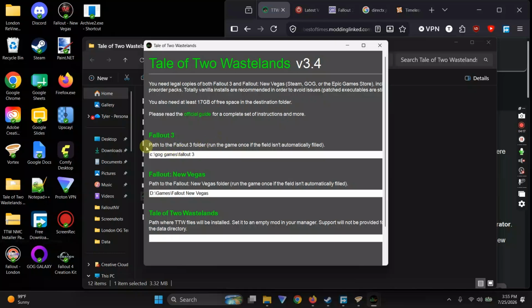But basically, as you can see here, it says the path. This is the folder path. If you run the game, if you don't see anything here, it says run the game once, and then it'll auto-populate these fields. So basically, the next option, it's going to tell you to create an empty mod manager folder